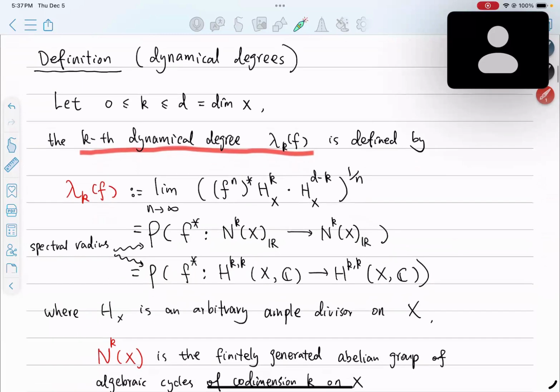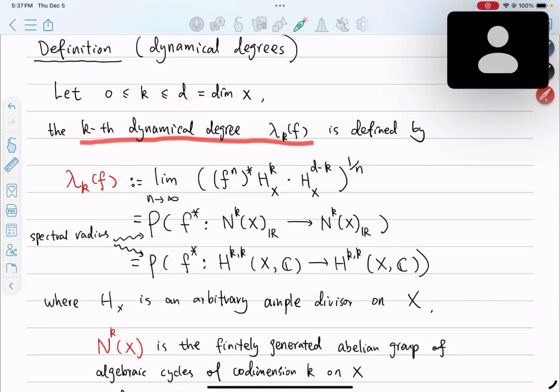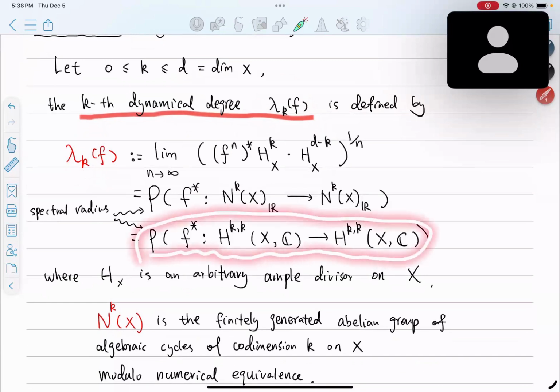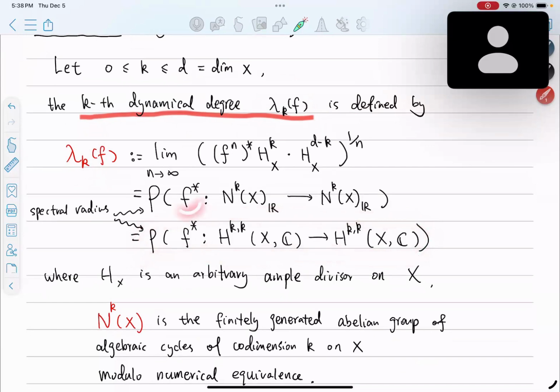So for this d-dimensional variety, the k-th dynamical degree, denoted by lambda_k(f), is just the spectral radius of this pullback action. On the other hand, it is also equal to the spectral radius of the pullback action of f on this group. This group makes sense in algebraic geometry for algebraic varieties. It's just the group of algebraic cycles of codimension k modulo numerical equivalence. It's a finitely generated abelian group. You tensor with R, you get a vector space. In general, we know that if you assume standard conjecture D, then this group embeds into H^{k,k}. But anyway, we don't need that. Also, equivalently, this number is also equivalent to